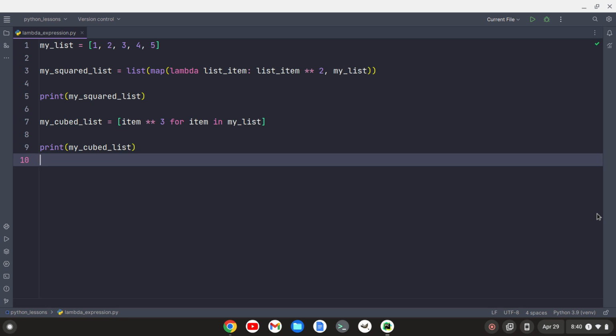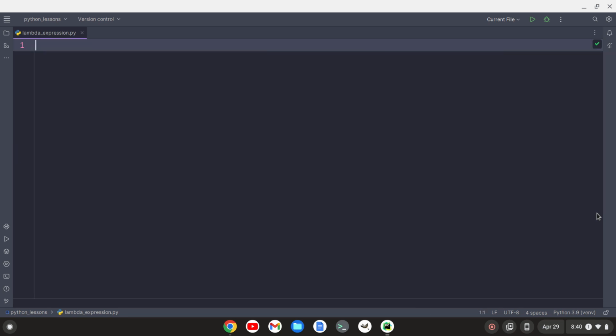One other area where we could use lambdas is in a competitive coding situation. So for instance, in competitive coding, a lot of times you'll have a test case, and then as you loop through each of the test cases, they'll give you a bunch of space separated integers. So for instance,